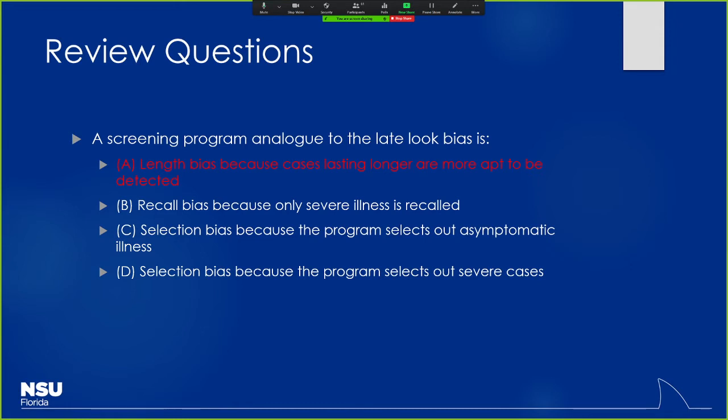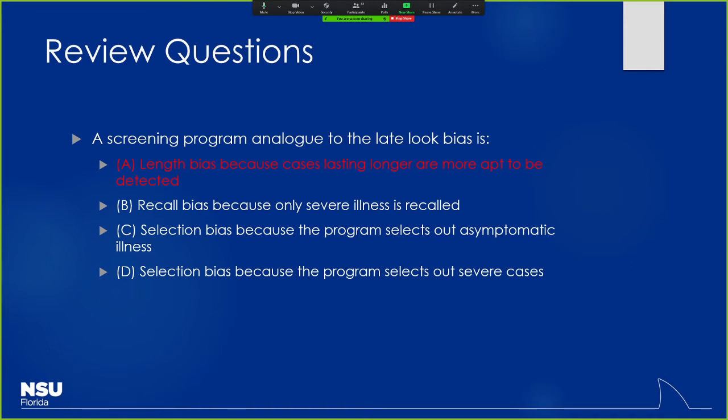On the other hand, if you were doing a typical survey study, like a cross-sectional study, this has to do with length bias as well, where people who happen to have the disease for longer are probably going to be more likely to be detected. Because if they recover or they die, they can't be there in a cross-sectional study to be found. That could apply to an ecological study, cross-sectional, whatever the case may be. In terms of recall bias, when you're doing a screening program, you're looking for people that have the disease right now. So recall bias isn't really an issue, because if they've already forgotten about it, then they obviously don't have it now.